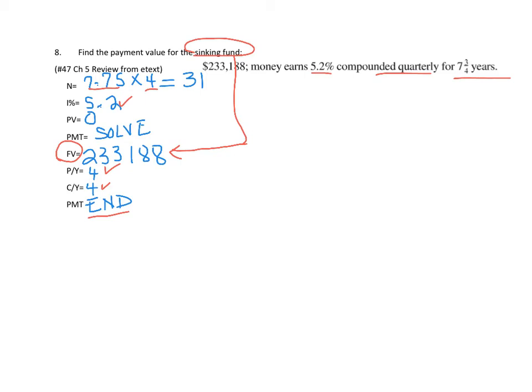So on the TVM solver, we enter 31 because 7.75 times 4 is 31. The interest rate is 5.2. Your present value is 0 because you do not make a lump sum deposit one time and walk away. You make periodic payments. The payment is not something that we know, so we enter a 0 for that. And we know that in the future, we're going to need $233,188 for FV. And compounded quarterly, we need 4 in C/Y and P/Y, and payments are at the end. So solving for the payment,